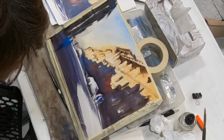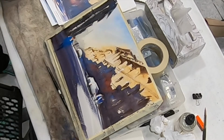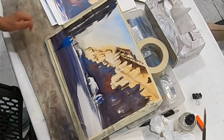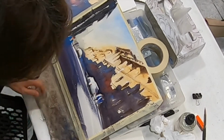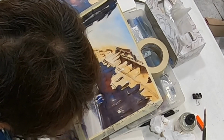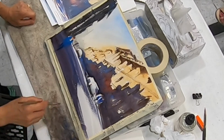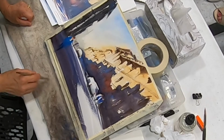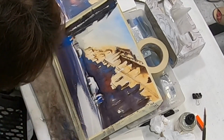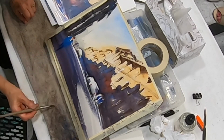So that's pretty much it. And all I have left is just the calligraphy, those lines. I always have lots of fun doing the lines. Another thing I forgot is to re-establish the directional line, because I pretty much lost what I did here. So I'm going to put dry brush, directional line,